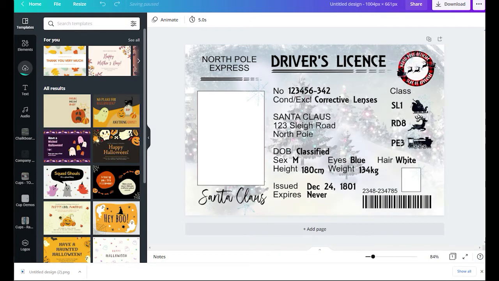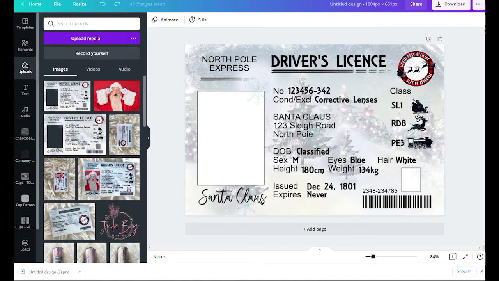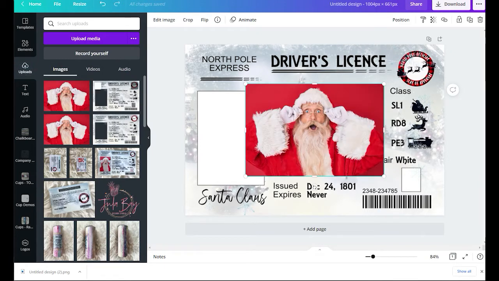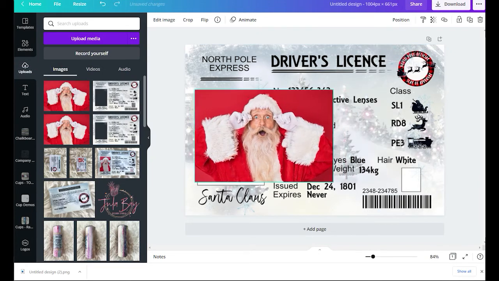Once I'm in the Edit Photo, I can add my own photos. So I'm going to click, this is uploading right now, that's why it was blue. So now I'm going to hit Uploads, and I've already uploaded it, but I'm going to go back out and show you. You're going to upload your Santa photo that you want to use. Once it's uploaded, or even while it's uploading, you can just click on it and it'll bring it into this